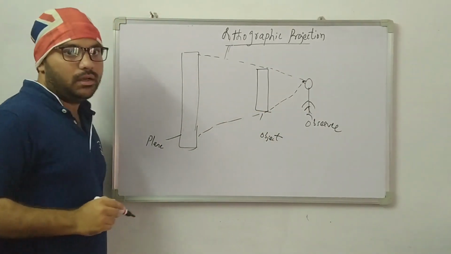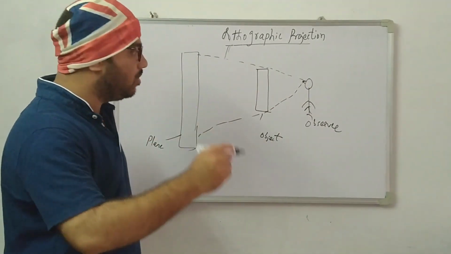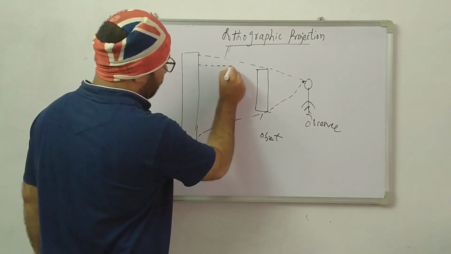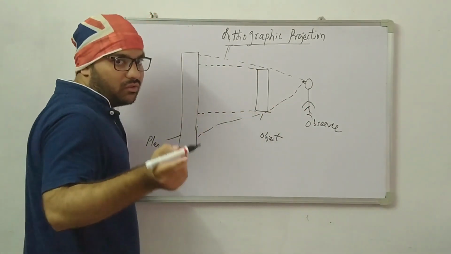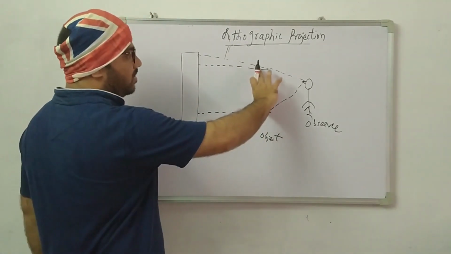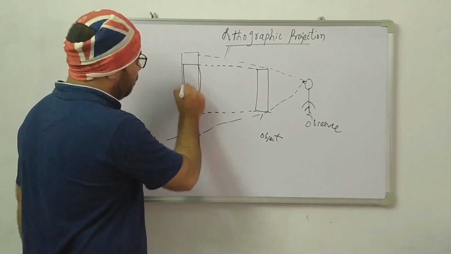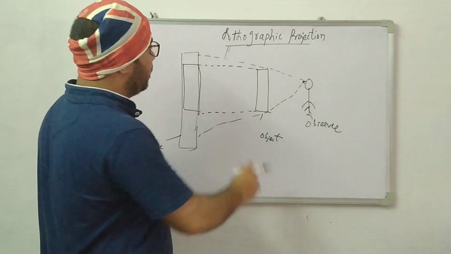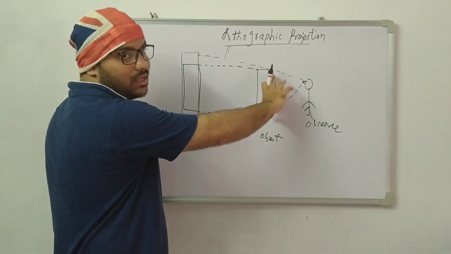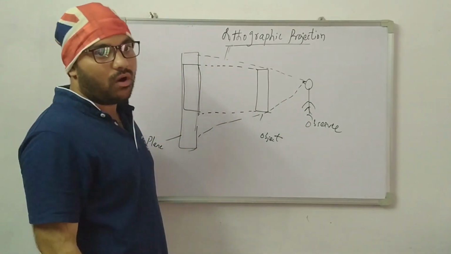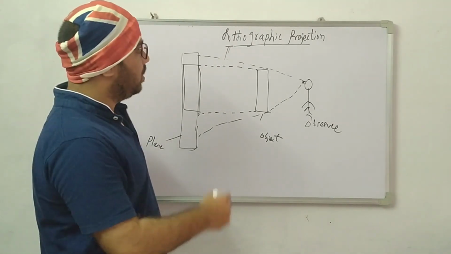But here one assumption is there: the rays of vision will meet the object in a perpendicular fashion. This is the assumption we make in orthographic projection. So whatever the size of the object is, the same length will fall on the projector plane. In reality you can see a bigger size on the screen, but in orthographic projection, whatever the length or height is, the same length and height will fall on the projector plane. This is our assumption while doing a problem in orthographic projection.